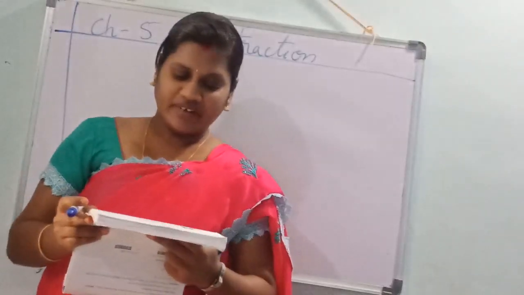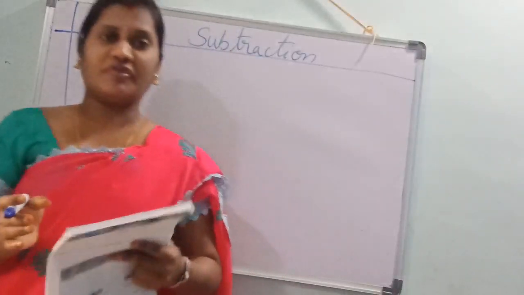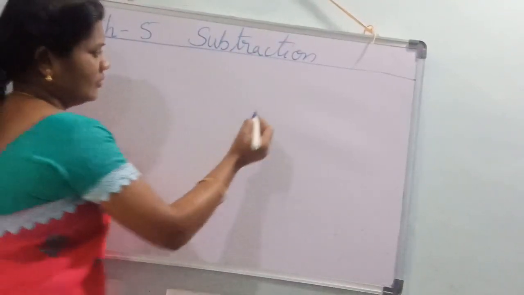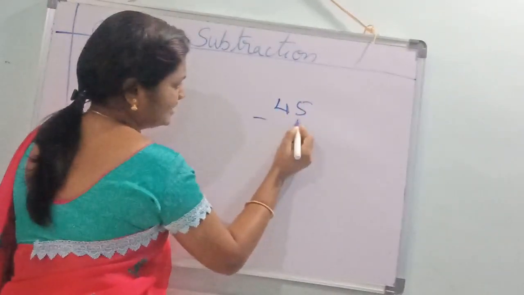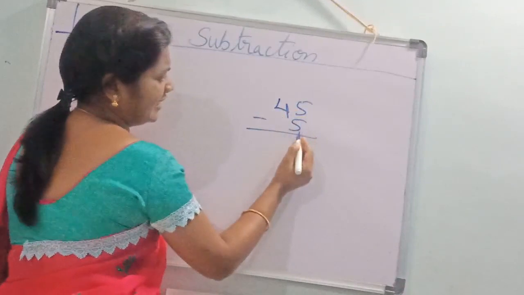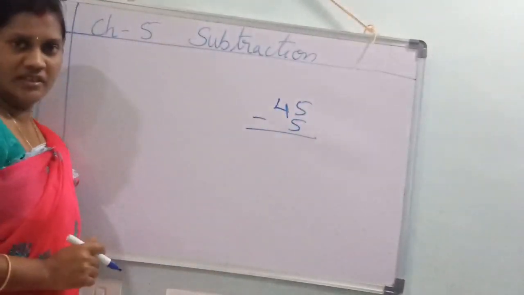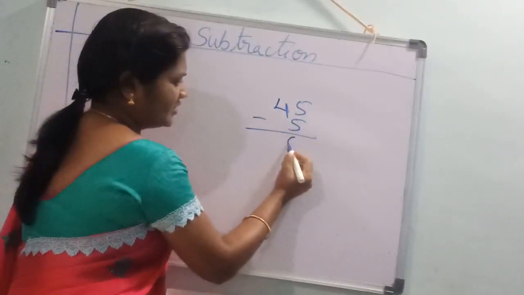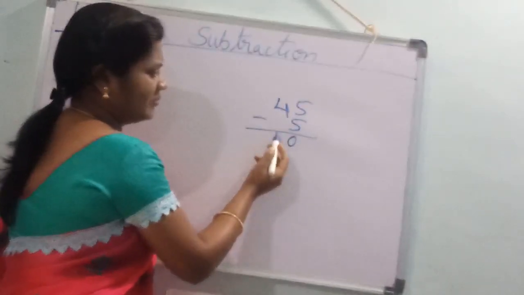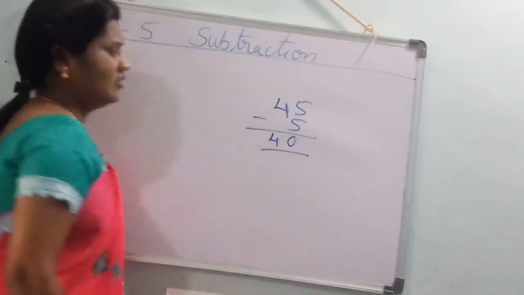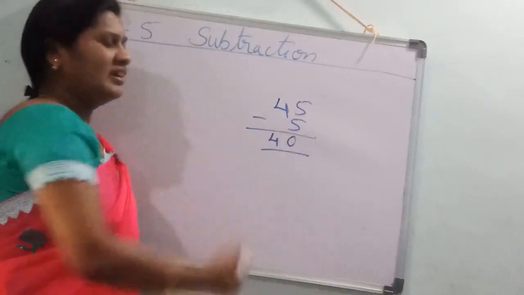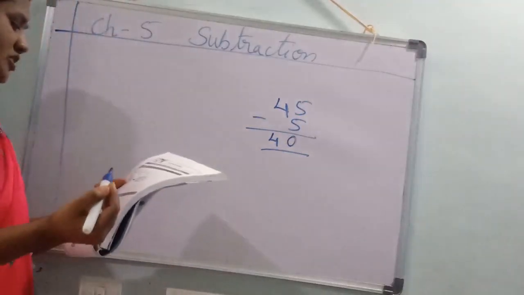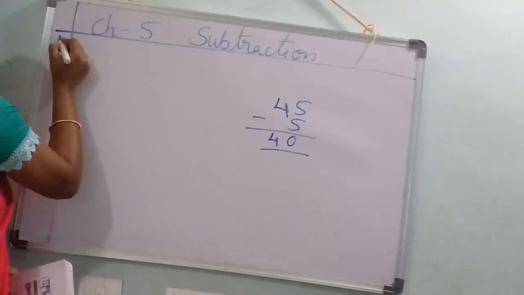The difference between 45 and 5 is. What does difference mean? We should do the minus as 45 minus 5. You should write the ones place, and the 4 in the tens place. Single digit is ones place. 5 minus 5 is 0. Any number for the 4? No. That 4 you should write like that only. What is the answer? The difference between 45 and 5 is 40. Understood? What is that option? Option D is the correct answer.